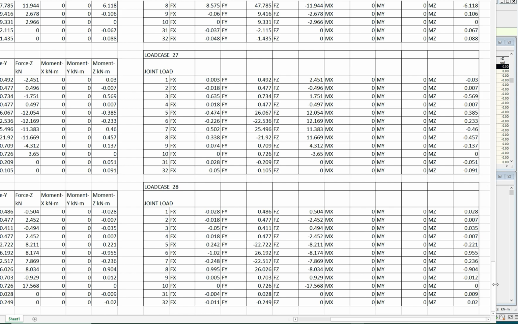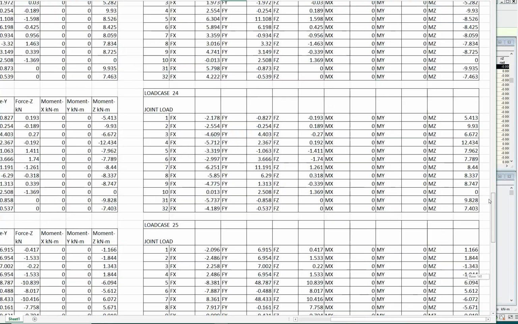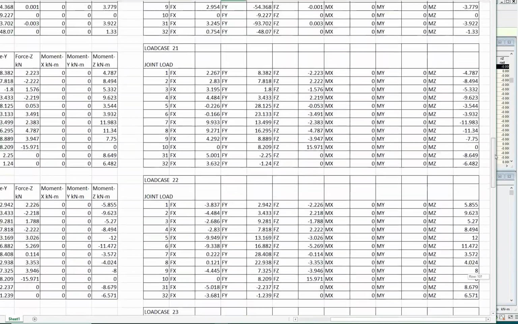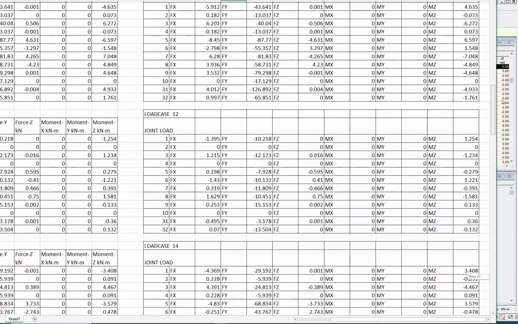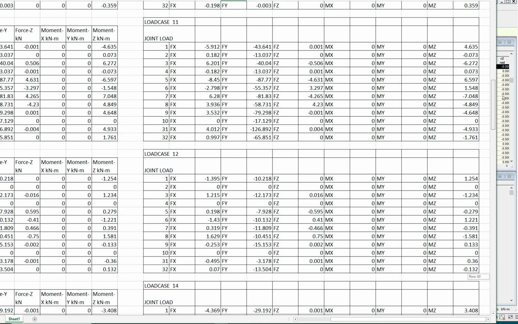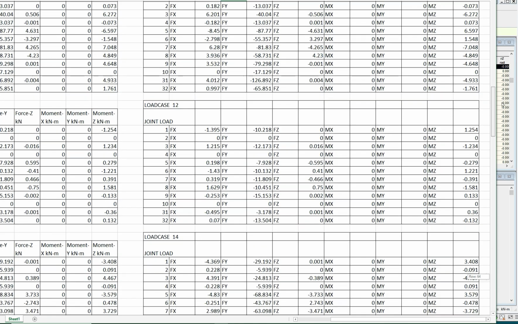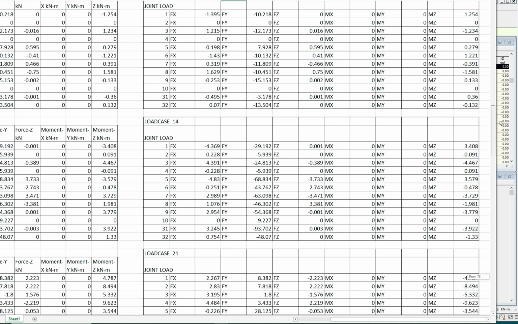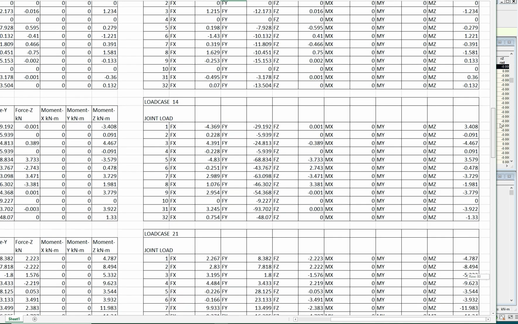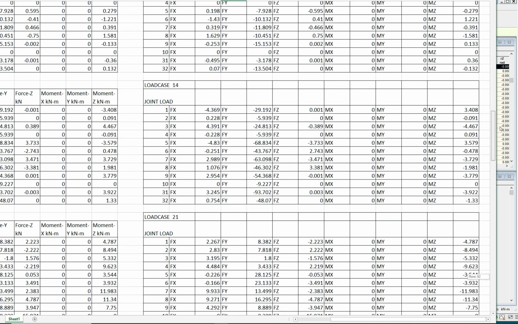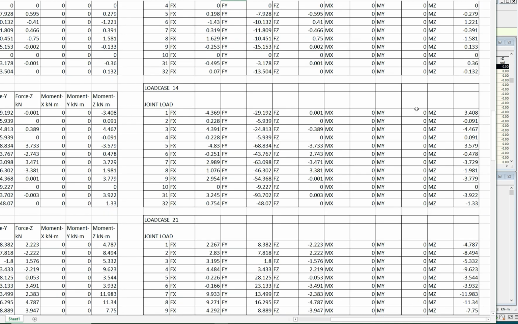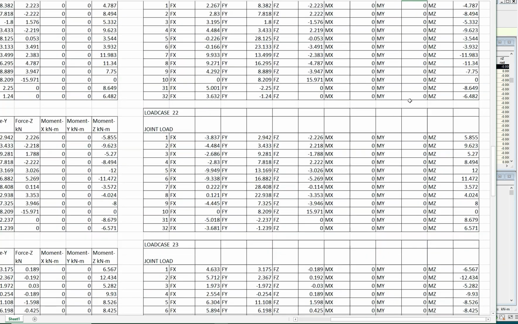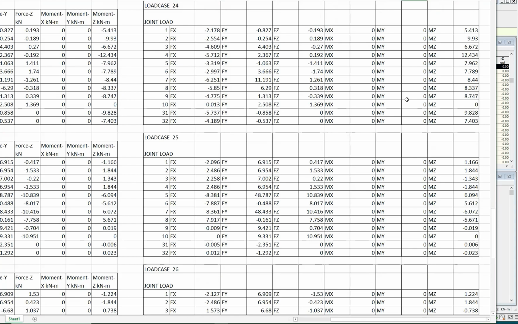So these are all the load cases. We will have load cases 21 to 28 as our wind load cases. Then load case 11 was our dead load for the floor. Then load case 12 was the wall loads, and then load case 14 was the dead load, live load. So now,